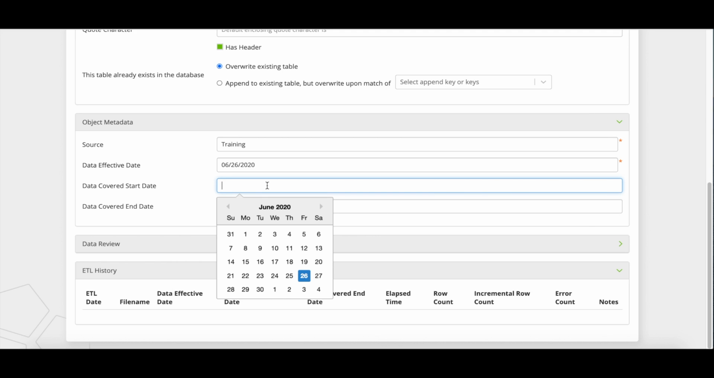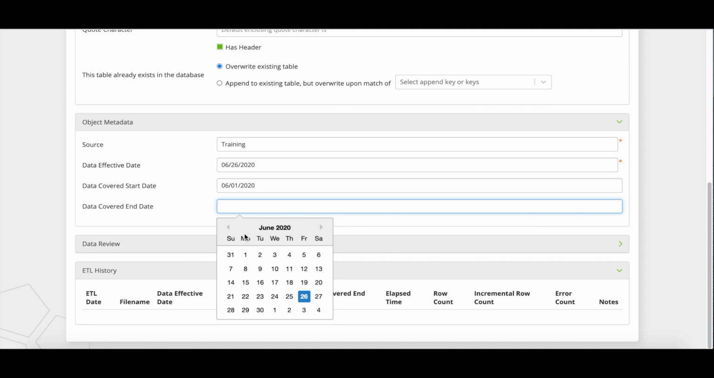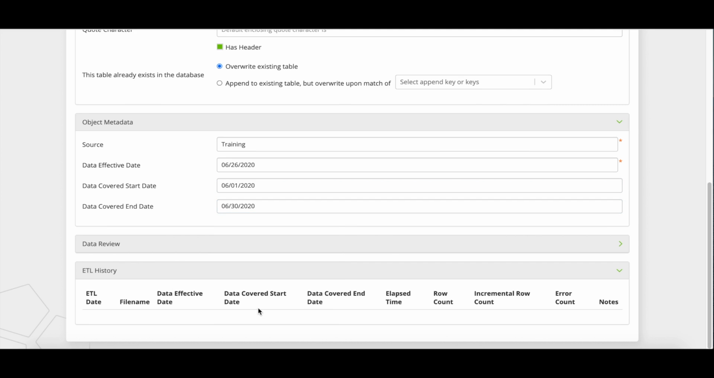The data covered start and end date fields are used to identify the period of time that the data covers. Using our previous example of a monthly membership file for October, the data covered start date would be October 1st, and the data covered end date would be October 31st. For our purposes, we can just use the first and last days of the current month for the patient assessment